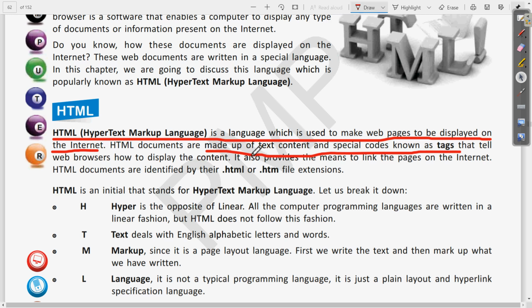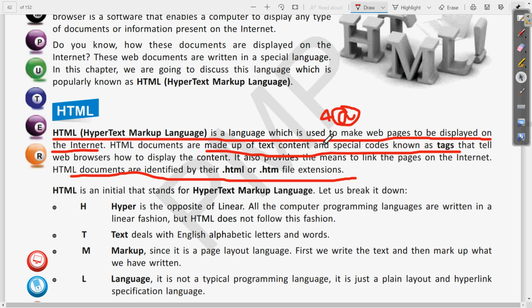So make the sentences a little bit short and write the answers point wise. First point, HTML is a language for making web pages. Second, they contain text content and special code known as tags. And third point, you can write from here that HTML documents are identified by their .html or .htm file extension. Clear? So this is the answer of 4th A. I hope you have written.